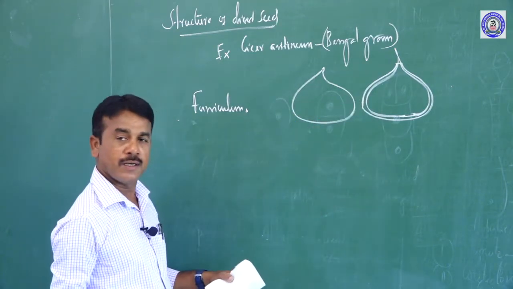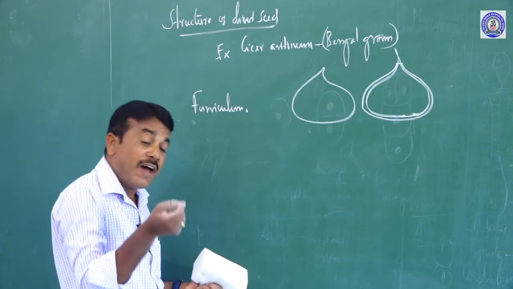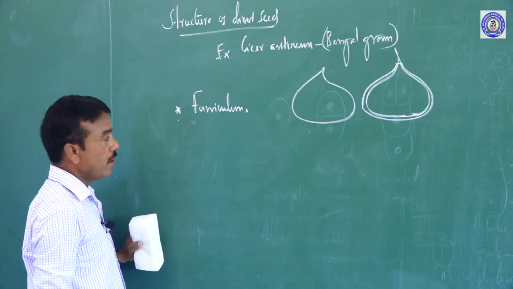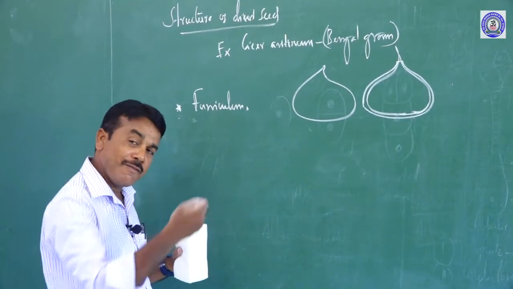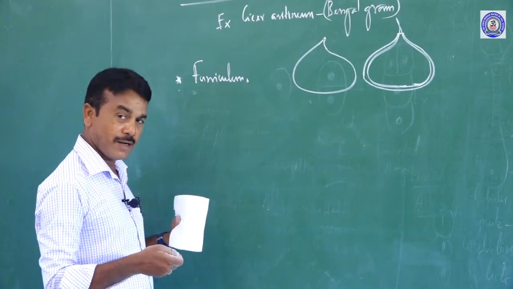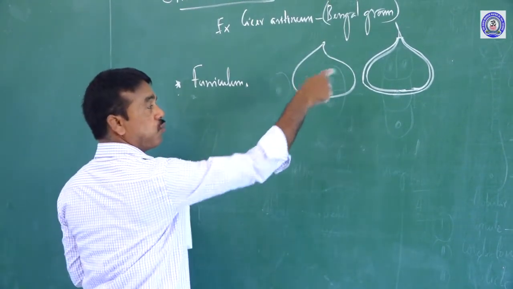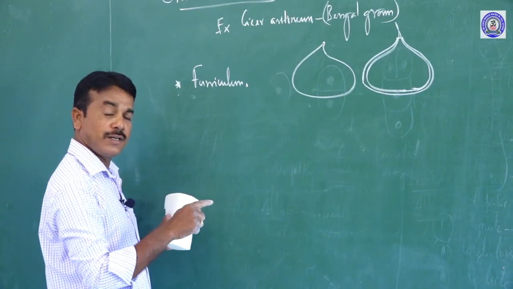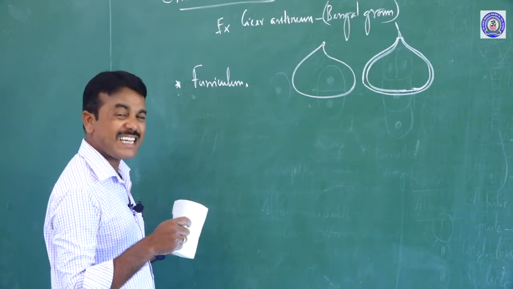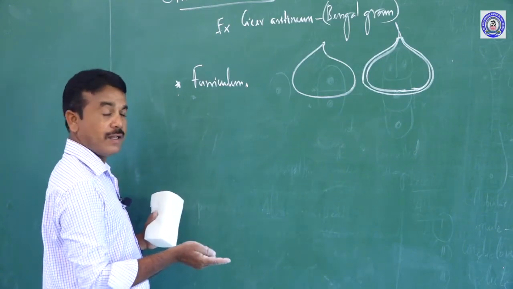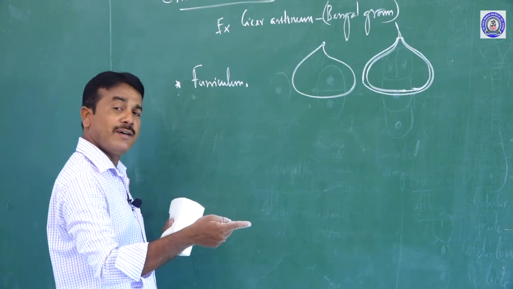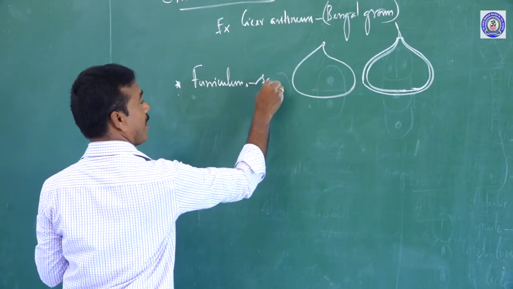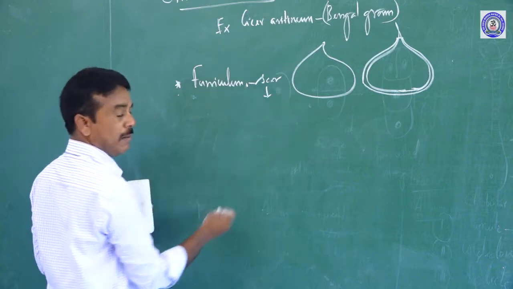So that is a seed attached to the fruit wall, and the portion where it is attached is called the funiculus. After maturity, the seeds fall down or are removed. Where the seed was attached, the attaching portion produces a small scar, as the funiculus gradually disappears. After it disappears, the scar that is produced is commonly called the hilum.